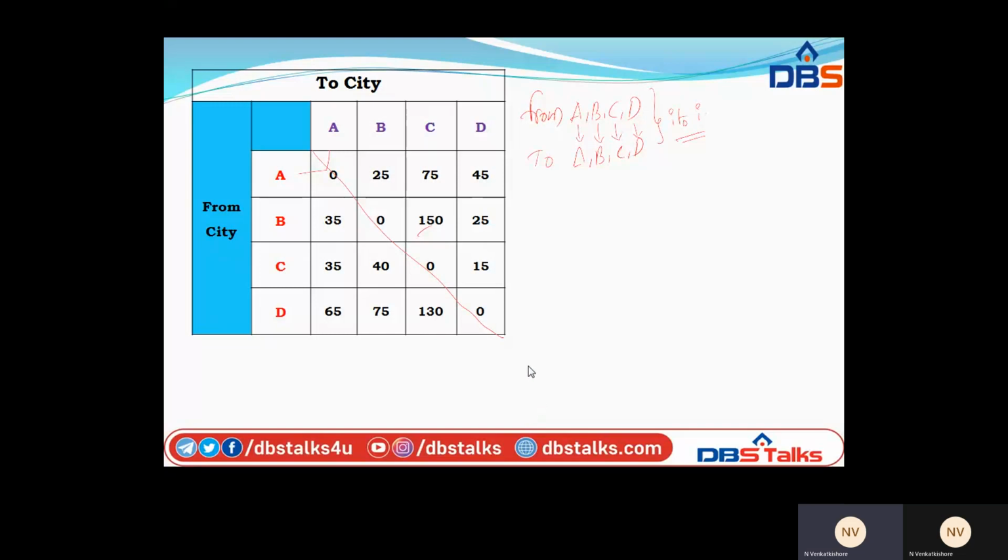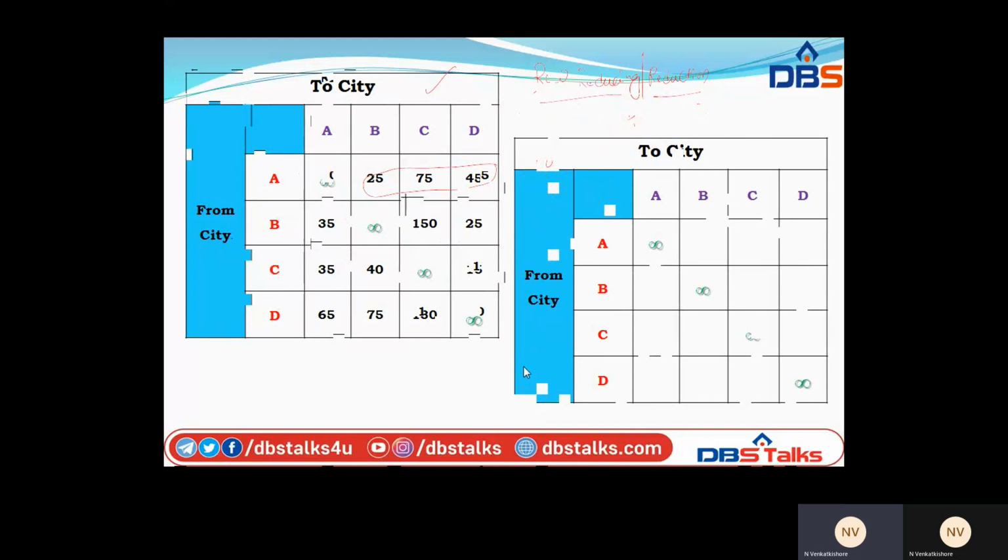So these are the diagonal, and we are using this diagonal section as infinity. For row reduction, identify the least value in every row and subtract it from all the remaining values.